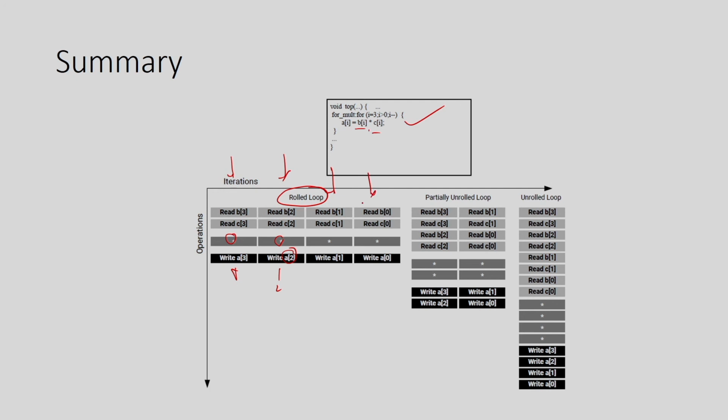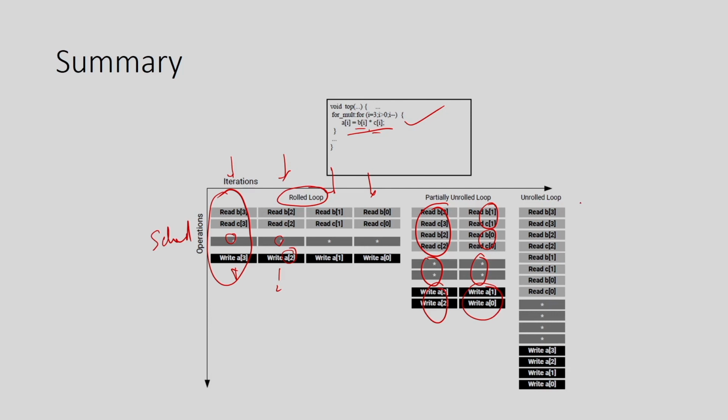So, you need 4 clocks and I am assuming this. These are the iterations and you might need multiple clock cycles to do that, because your read might take some cycles. I am just saying that these are the operations and you have to schedule them also. But this is how the iterations work. But if you partially unroll by 2, reading of B3 C3 and B2 C2 is going to happen, 2 multiplications are going to happen and 2 writes to A3 and A2 are going to happen. And in the next iteration reading of B1 C1, B0 C0 and the corresponding addition and multiplication is going to happen and you are going to write A1 and A0, and you need basically 2 iterations.